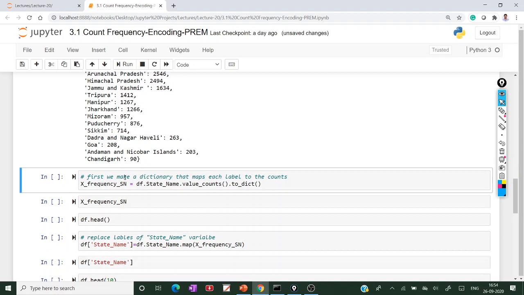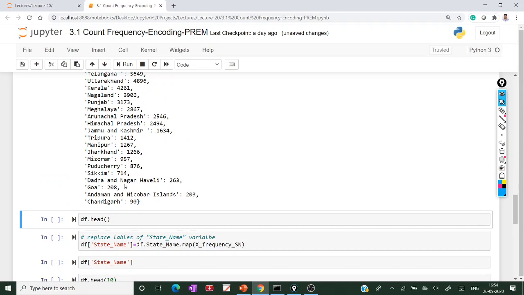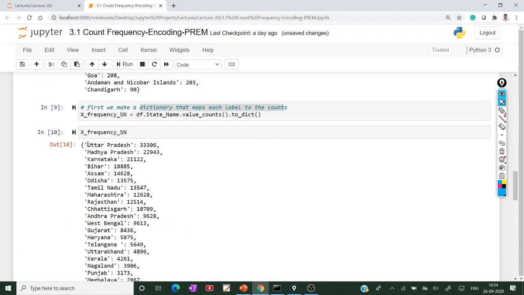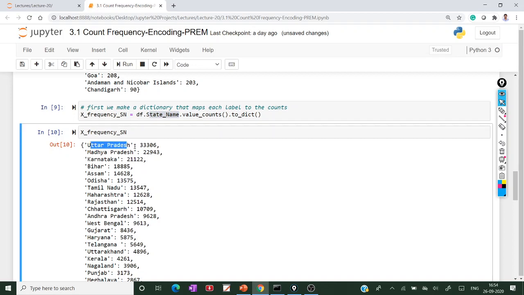What I am doing here: first we make a dictionary that maps each label to its count. Totally under the state name, Uttar Pradesh is 33,306, Madhya Pradesh is 22,000.